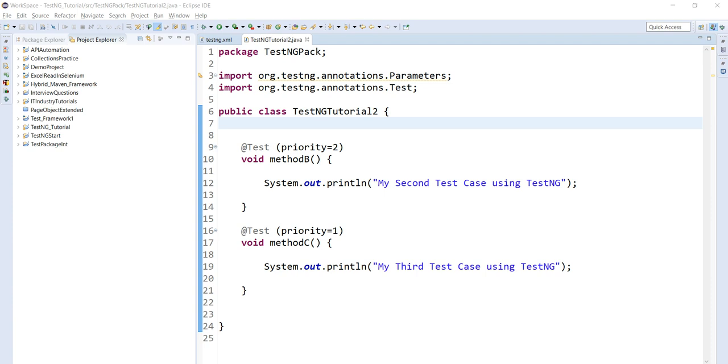Suppose we have to log into Gmail. For the login we need email and password information. After that we can click on the submit button and proceed with the login. So we can store that email and password in TestNG parameters, and after that we can use those parameter arguments in our test case to provide the values to our test case.